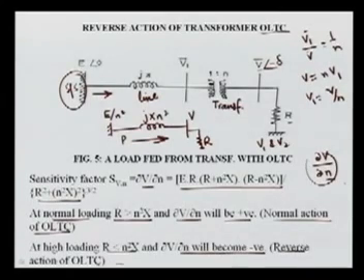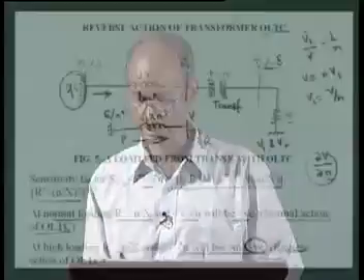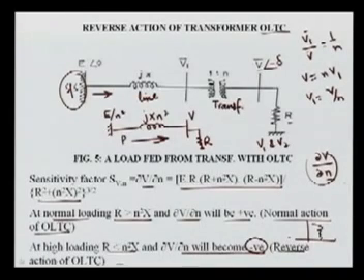In the highly loaded case, this is a reverse action, meaning if you want to increase the voltage by changing the tap, as usual, if you have more taps, you get more voltage in the normal conventional way in normal loading. But this reverses, because here you can see the sensitivity becomes negative, meaning if you increase the tap, the voltage is further reduced, and this further reduction in the voltage will cause further collapse. The voltage keeps on reducing, and finally it is a collapse. So this is a reverse action of OLTC that is very severe, especially in high loading condition.